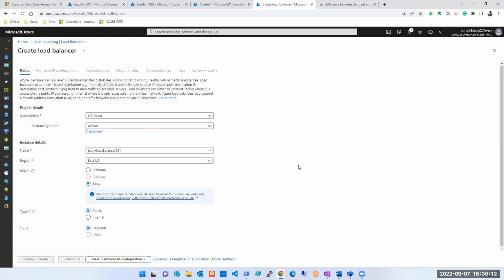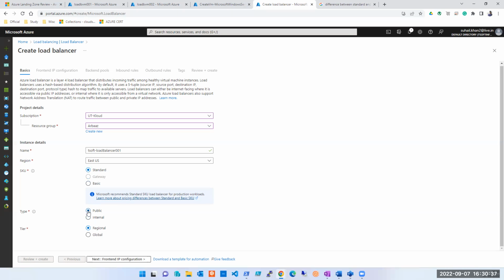और जो चीज हम लोगों को समझनी है, we will explain them here. Okay? But this one we will understand, regional and global क्या है. But look at the difference. Standard में जाते हो तो global tier available है, basic में global tier नहीं है. Standard chargeable है, basic free है. Backend pool का limit है 100 and 1500 का. 4-5 जो है इसे याद रख लो, that should be enough. Okay. Now the type,